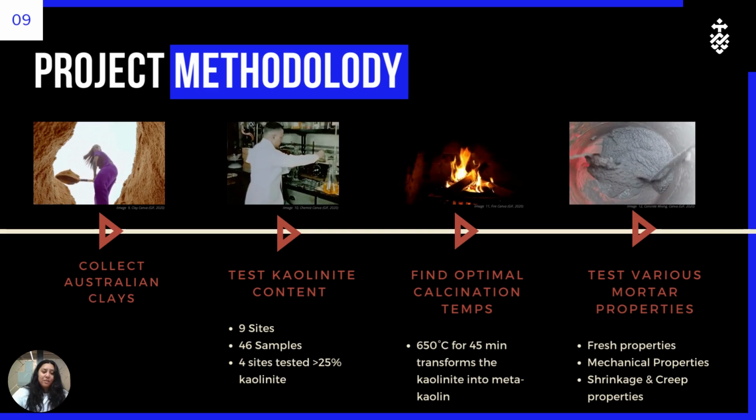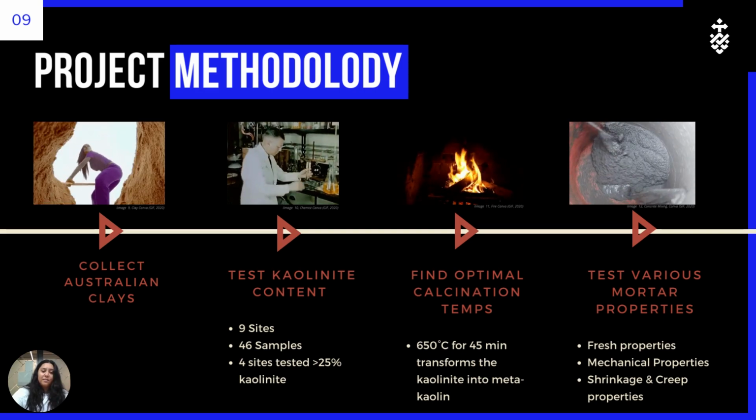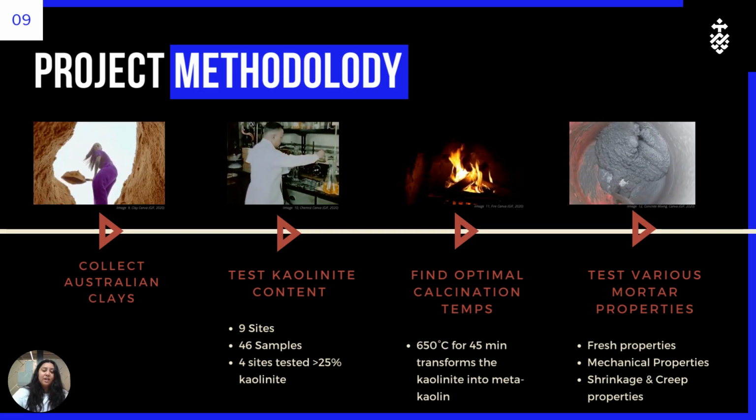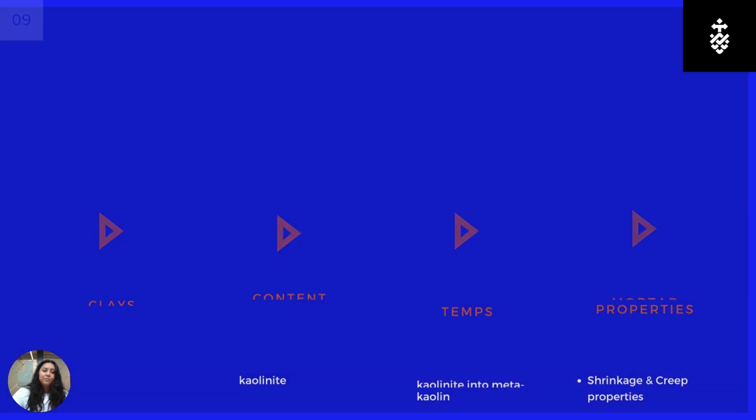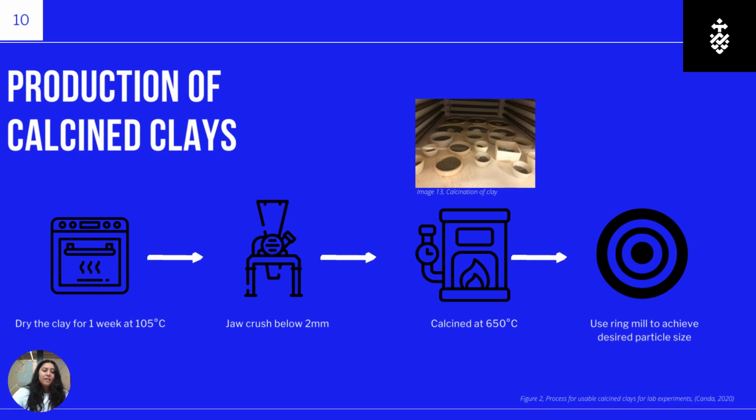Therefore, a production line was created in order to calcine the clays. This methodology of creating these clays took over a year with lots of help from various different people. The process required the clay to be dried enough to jaw crush, then calcined at 650 degrees Celsius, then milled at 100 grams at a time to ensure the PSD was the same and was consistently met. At the end of this process, we were able to access around 20 kilos of the Australian calcined clay to experiment with. In the end, we had 8